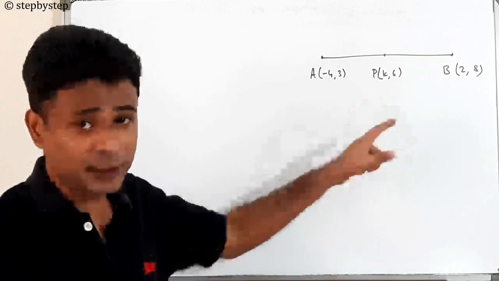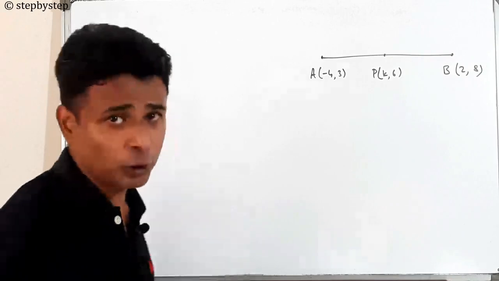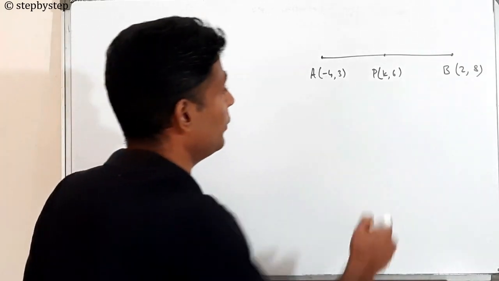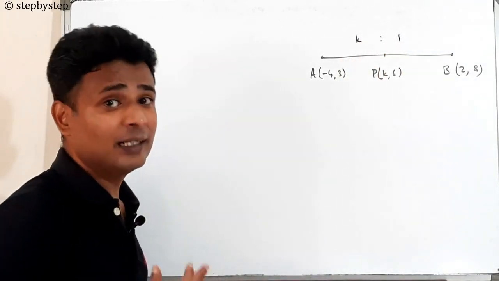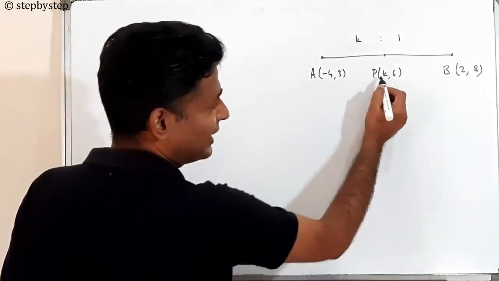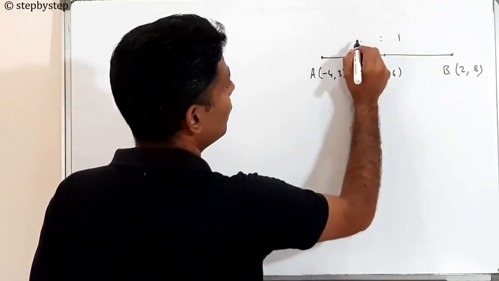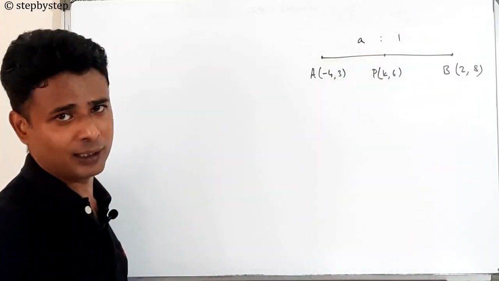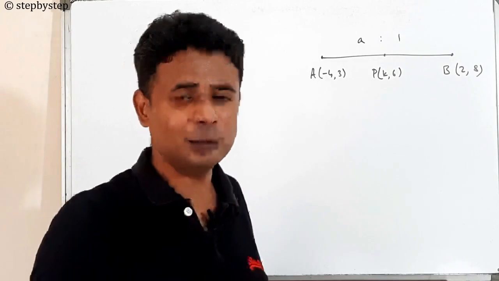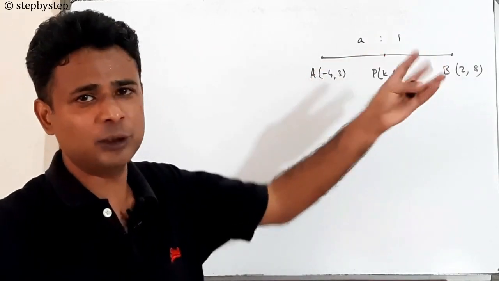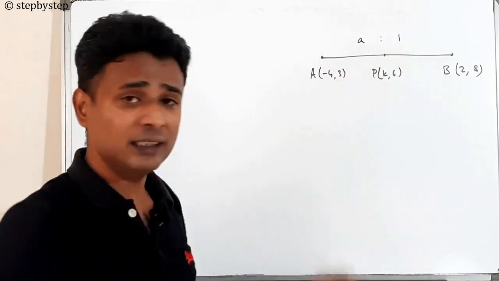They had asked us to find the ratio in which point P divides the line joining AB. Here we have to find the ratio. If you remember, whenever we have to find the ratio, what do we take? Let the ratio be k is to 1. We have to assume the ratio is k is to 1. Now can we use the x coordinate to find k? Okay, here since the unknown given is k, we'll assume that the ratio is a is to 1. You can use any variable for that, a, k, anything. Generally in your books they assume it as k is to 1, so that's why I do it. But you can take it as anything, m is to 1, n is to 1, l is to 1. So I'll assume it's dividing in the ratio a is to 1.